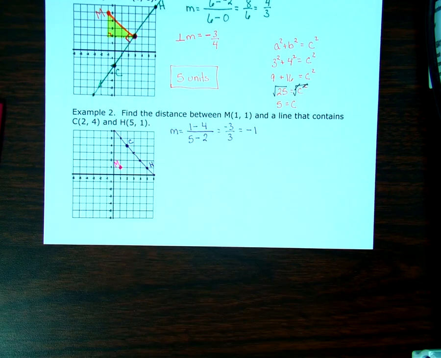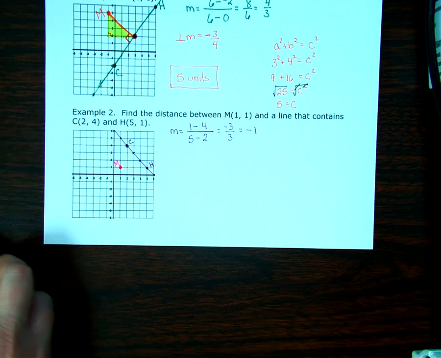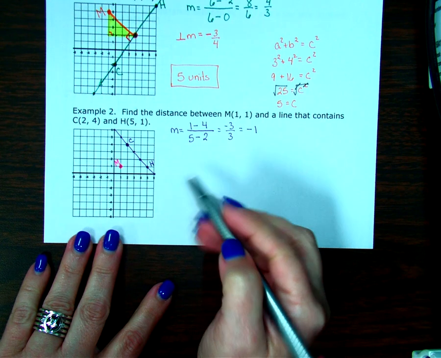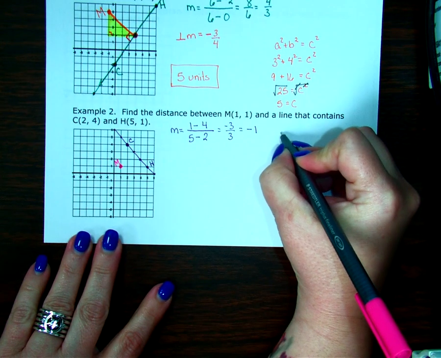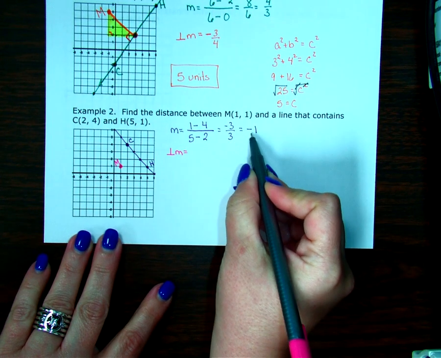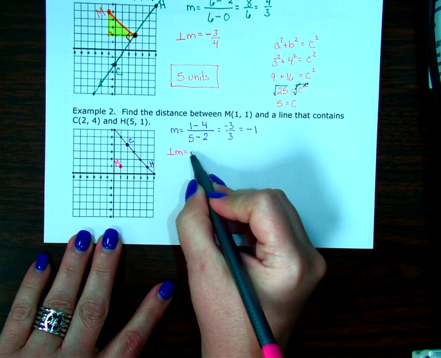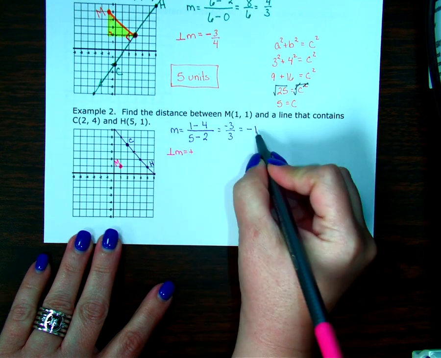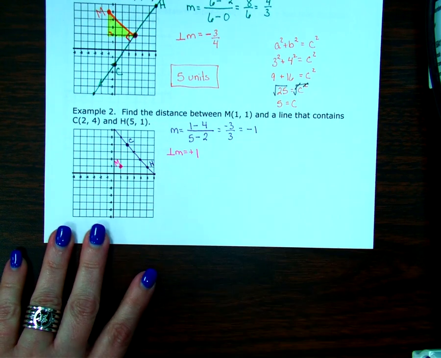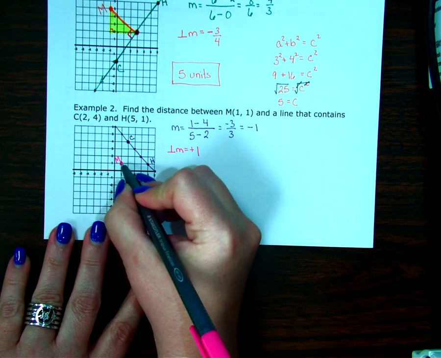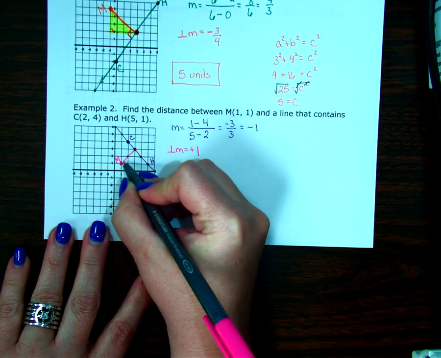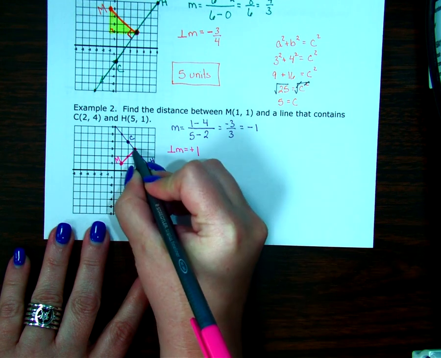Okay? I want to figure out which point the mouse wants to go to along this line, which one is going to be the closest to the mouse. Okay? So my perpendicular slope is going to equal, if this is a negative, my perpendicular slope is going to be positive, and 1 is really 1 over 1, and when you flip that over, it's still 1 over 1. So I'm looking at a positive 1 slope, up 1 over 1, up 1 over 1. So here is my perpendicular distance